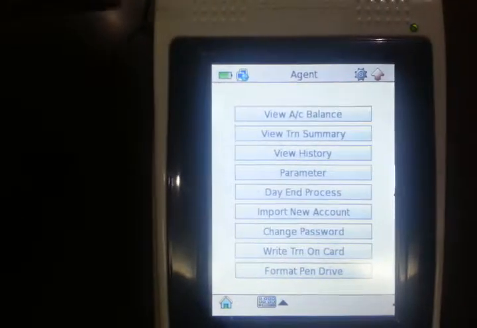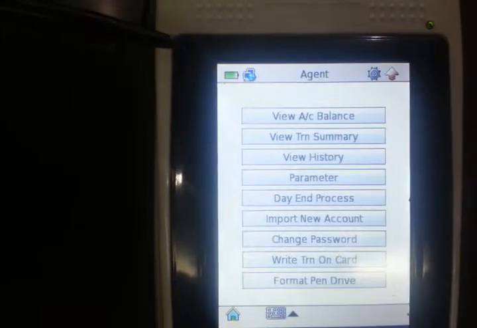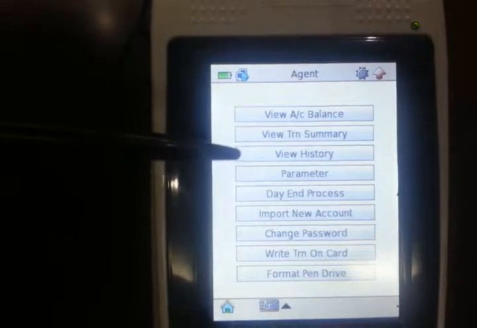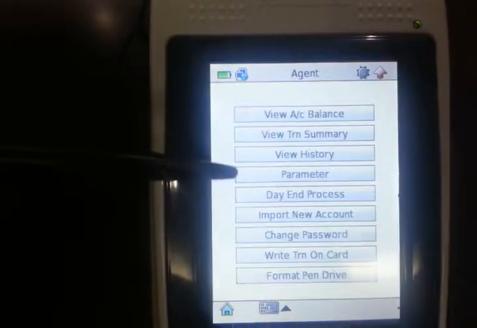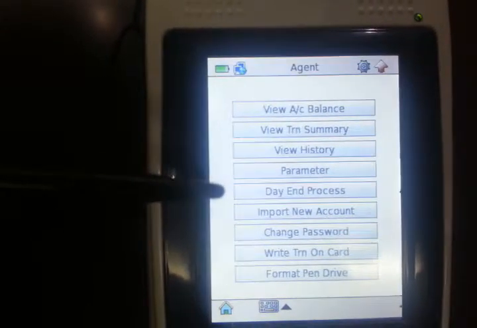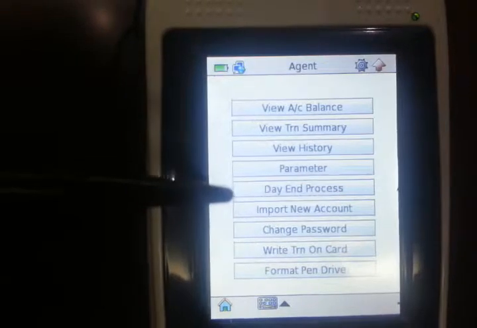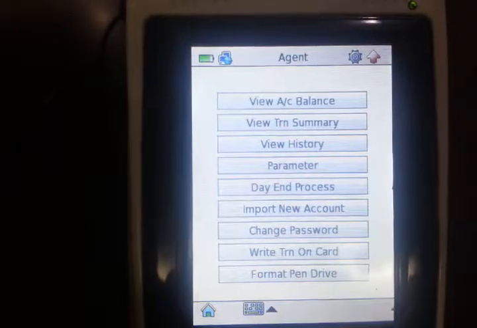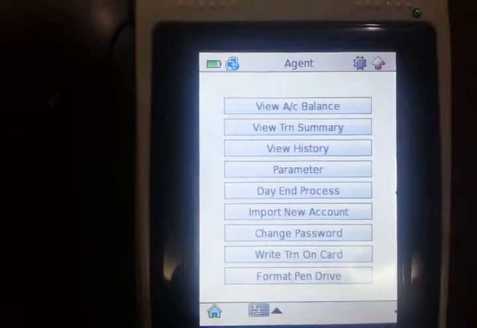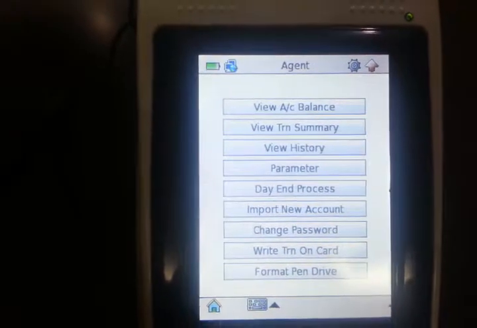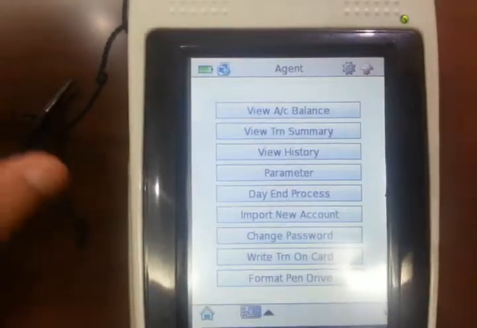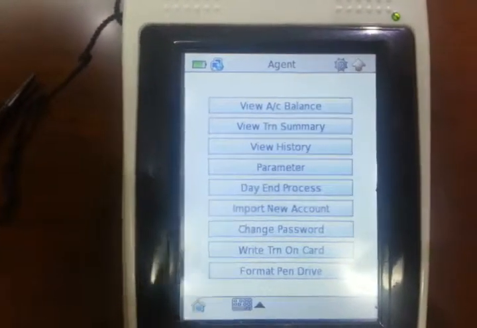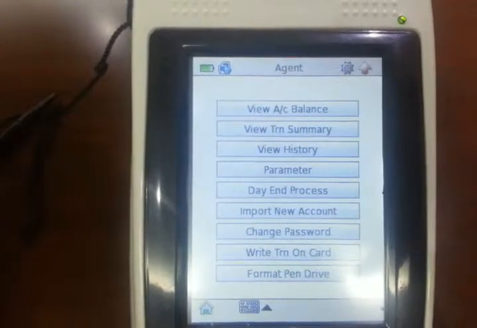In this menu, there is an option for viewing the agent's account balance, viewing the agent's transaction summary, viewing the work history of the agent, setting the various agent related parameters, the agent's end of the day process, importing a new account from the middleware to the device, changing the password for an agent login, writing the agent transaction on a card for maintenance purposes, and formatting a pen drive being used for backup. Let's get back to the home screen again.